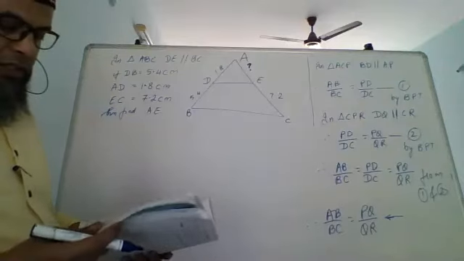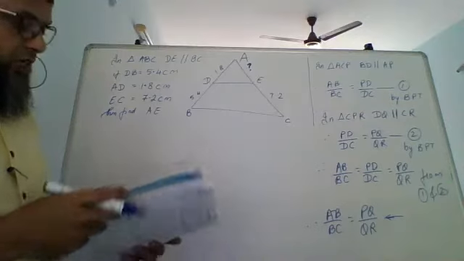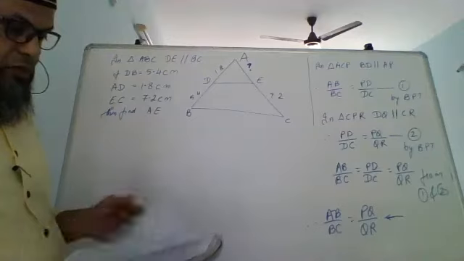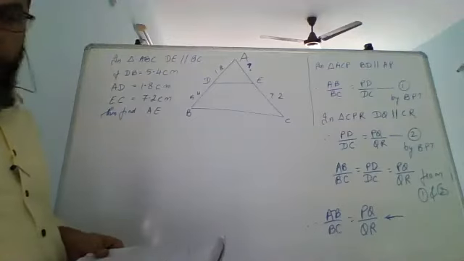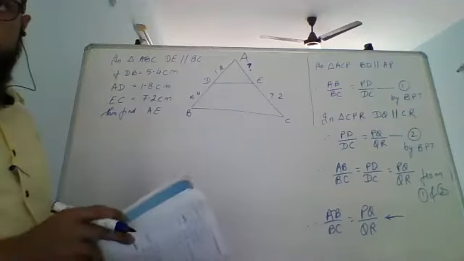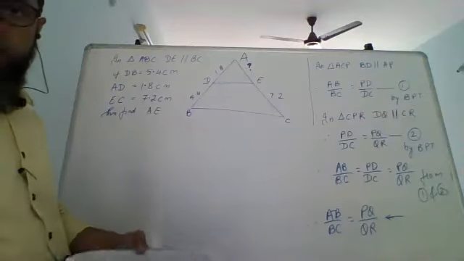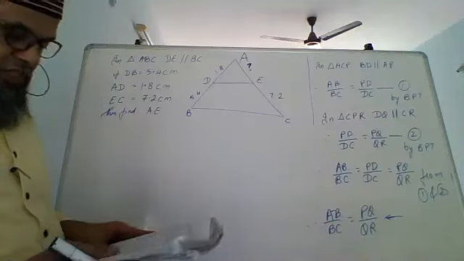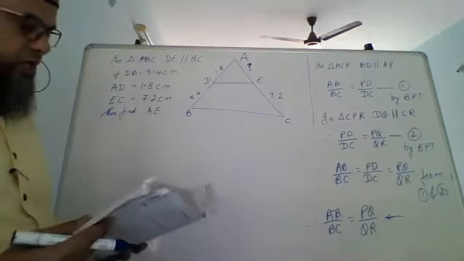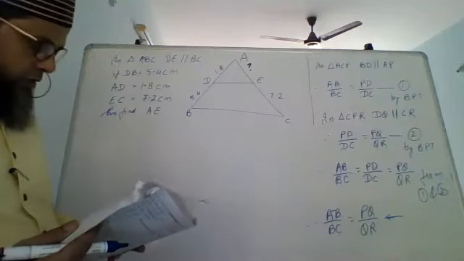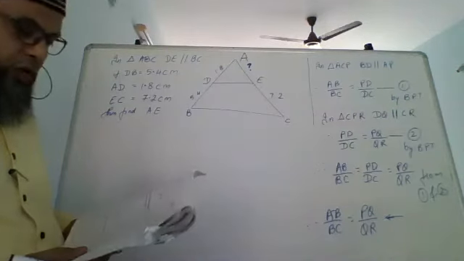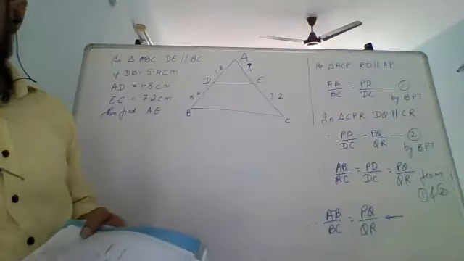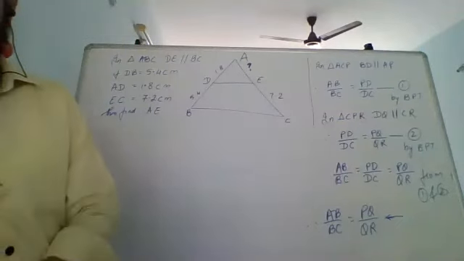And please practice, please try and solve exercise 1.2. Okay, there are 11 sums. So if you leave it thinking that there is one more example left and you'll do it after that, then you will have to do all 11 together, which you will all find difficult. So at least do the first 5-6 sums. Do the first 6 sums, then we will see. In fact, the 7th also can be done, but at least do the 6th. Then we can proceed for the next lesson. Okay, now we have to do this.